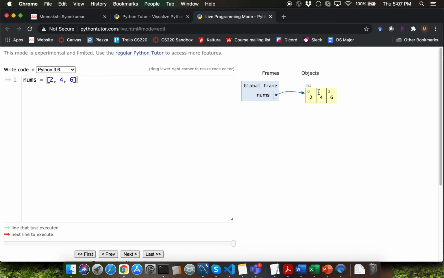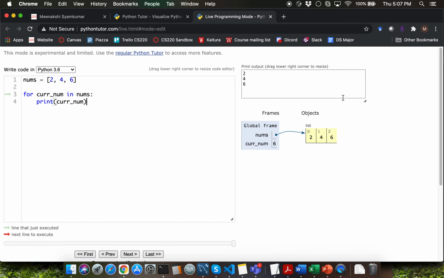Observe that Python tutor is listing the positive index positions on the top left corner. It's nice in that way. For the negative ones, you'll have to write those out on your own. What we want to be able to do is to compute the sum of all of these numbers, correct? So let me iterate through each of those items by using a for loop. So I'm going to say for cur_num in nums, and let me just for now print cur_num. It's always a good idea to test your for loop by using a print function call initially.